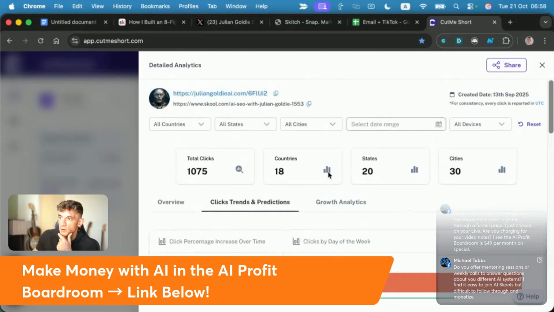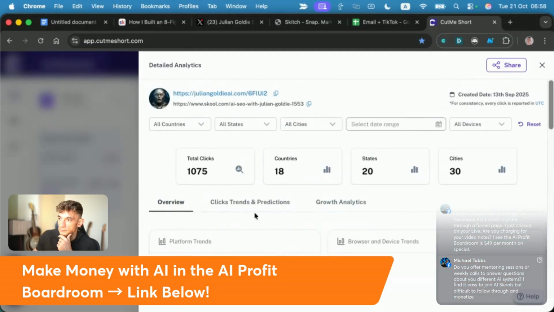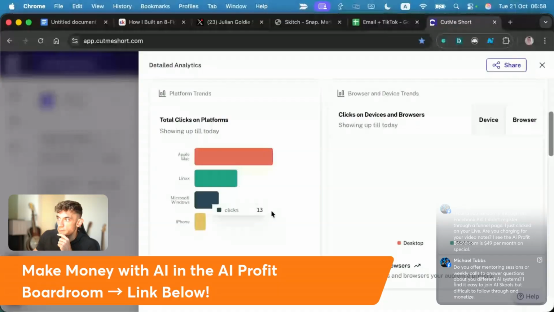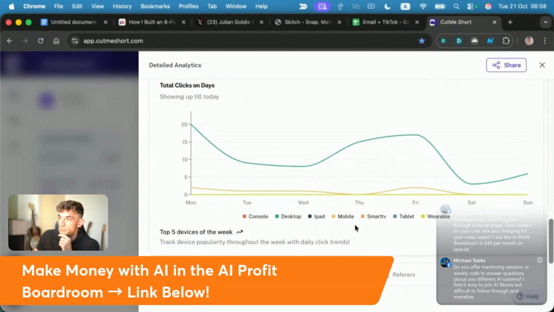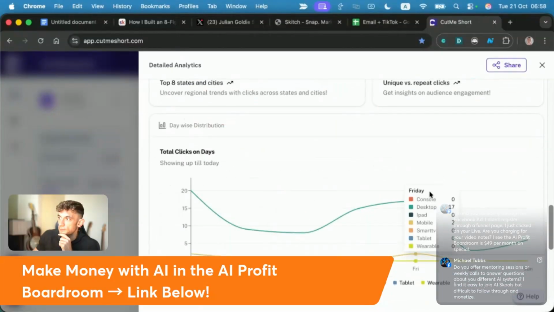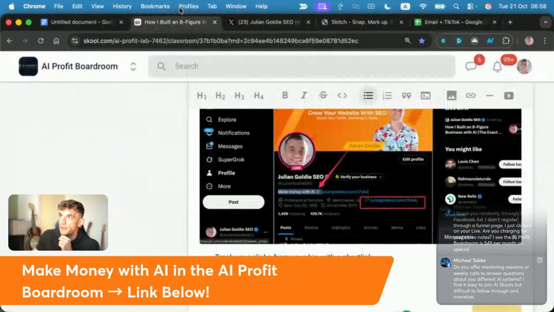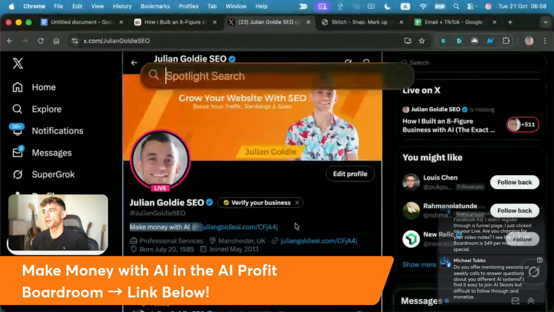And then it actually forecasts how many clicks you're going to get in the future as well. Pretty nice. Yeah. And then basically, if you look at Twitter, and this is the same with all our platforms,